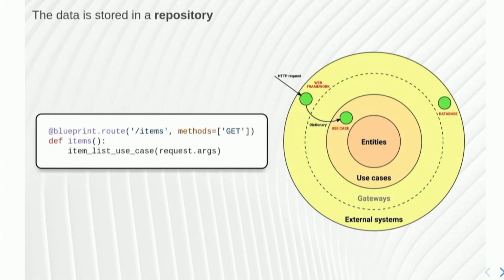Then we have to retrieve items and data. Data is stored usually in a repository. And we are used to think about a repository as a database, which is what I have in the example here. But I want to stress that a repository is much more than a database. For starters, it doesn't have to be a relational database. It might be NoSQL, MongoDB, for example. Or it might be something different, for example, a web API. It's a source of data, right?